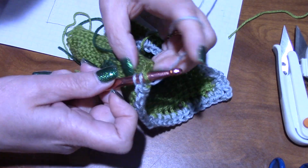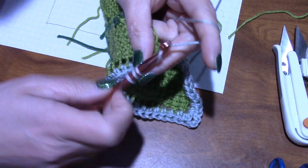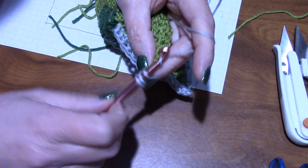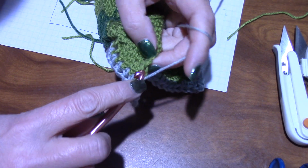Alright, and we're back at the corner again. So 2 half double crochets, chain 2, 2 half double crochets in that corner. And then